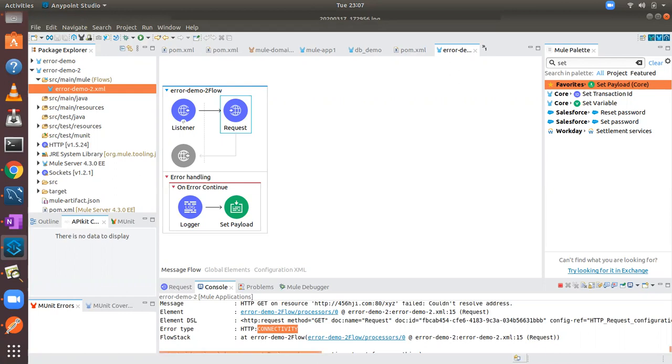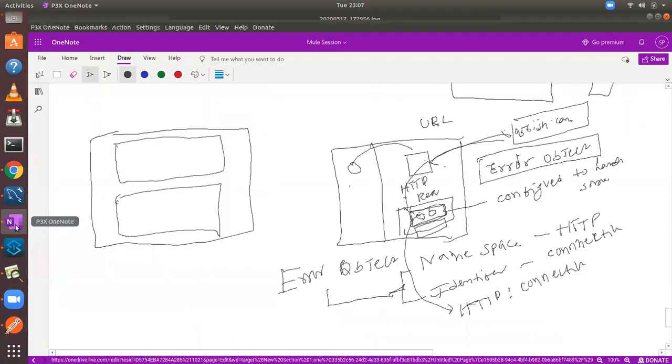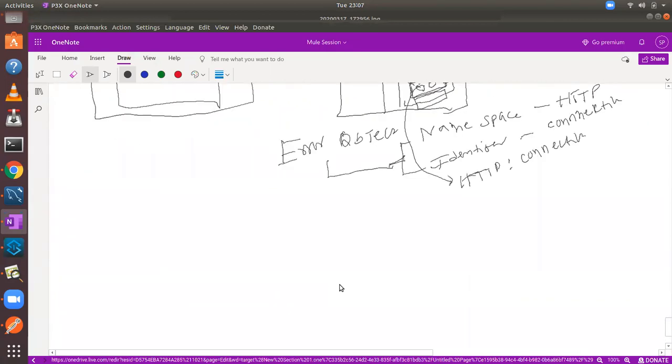So there may be different categories of errors, like file errors, database errors, JMS errors, FTP errors, VM errors, HTTP errors.